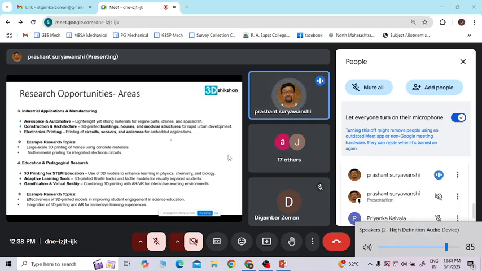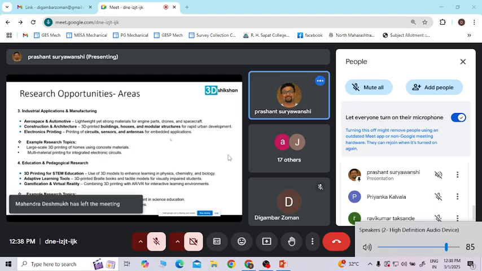So like that there are a lot, but when this was invented, it was some kind of research, right? So these are all the opportunities. So applications and learnings go hand in hand, right? You may have seen all these examples also, but I'm just reminding you again. Then electronic printing, as I said, like PCBs, then sensors, antennas.